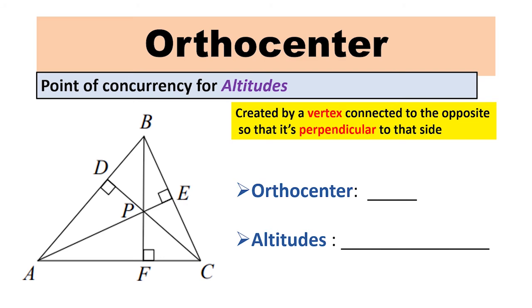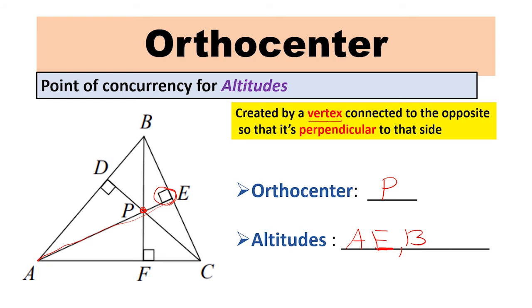So let's take a look at the orthocenter, and that is the point of concurrency for altitudes. And altitudes are created by a vertex connected to the opposite side so that it is perpendicular to that side. And so our orthocenter here would be point P, and our altitudes here would be AE, because if we look at A, it goes from a vertex to E, and it is perpendicular to this side because we have this right angle here. So AE would be an altitude,